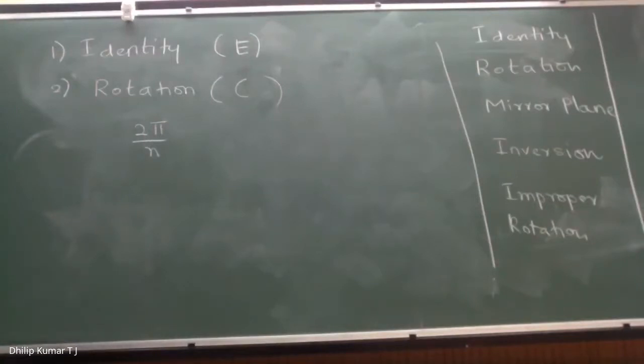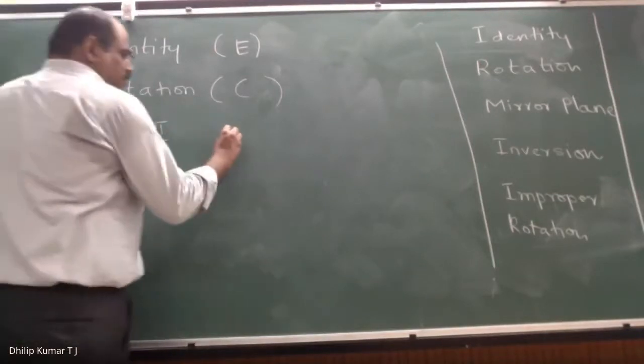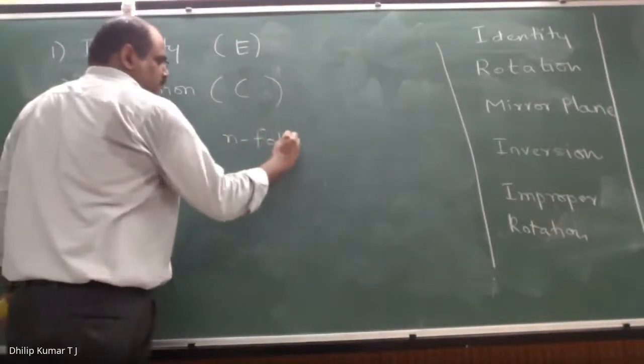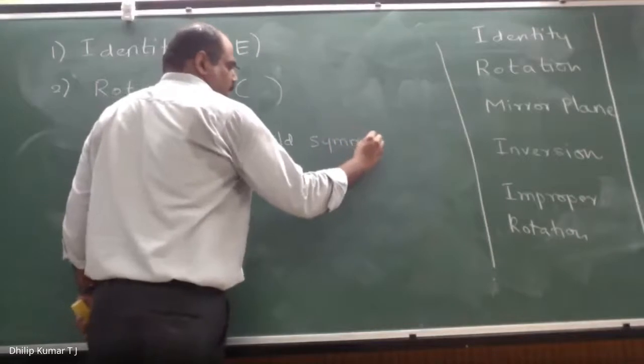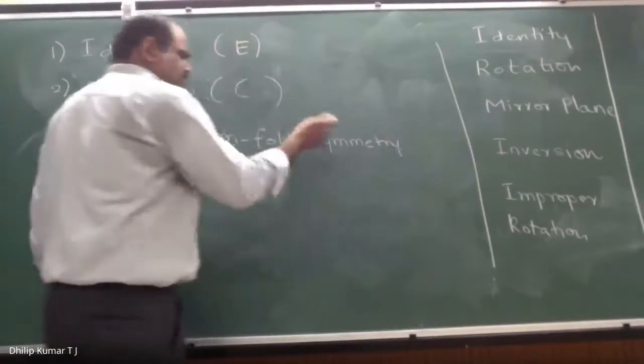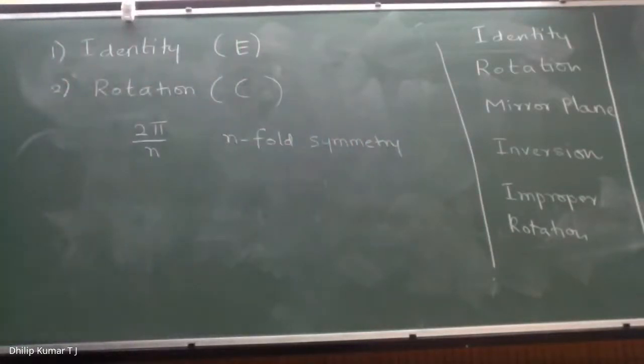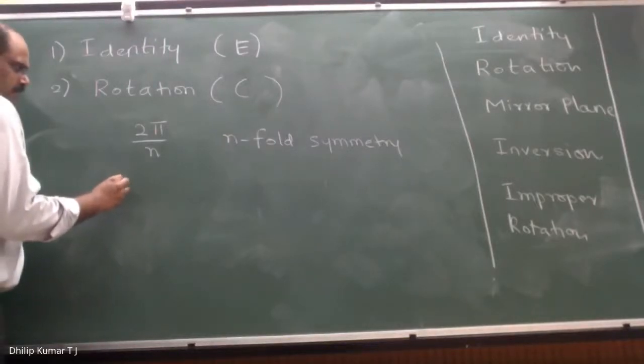So 2 pi is 360 degrees, and n is basically n-fold symmetry, or n-fold rotation also you can say. N-fold rotation. Basically, if you take a molecule, for example,